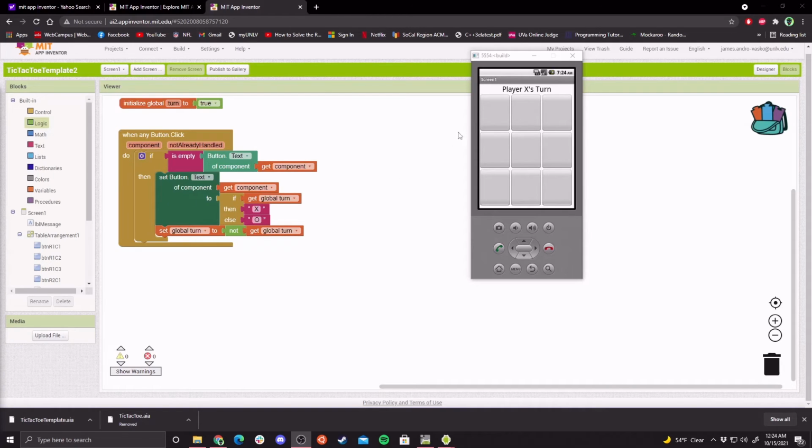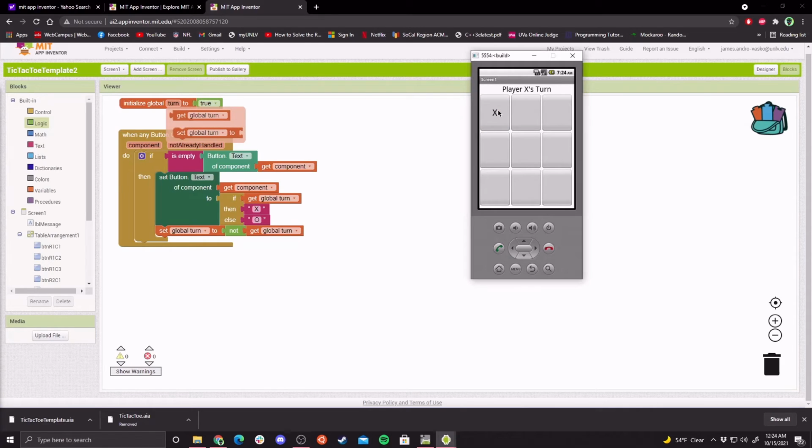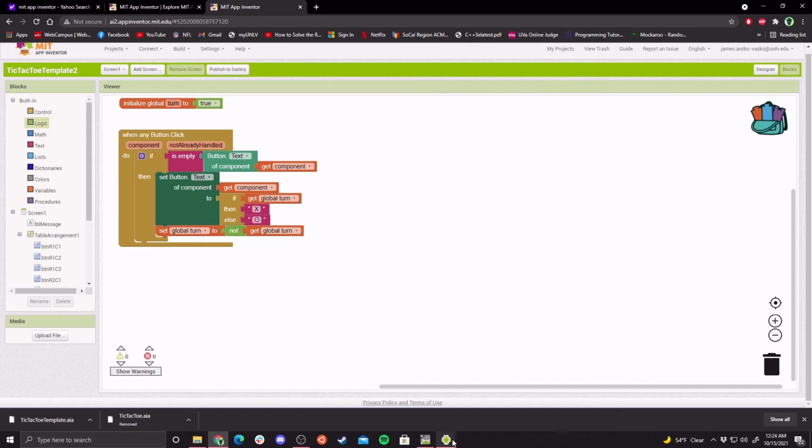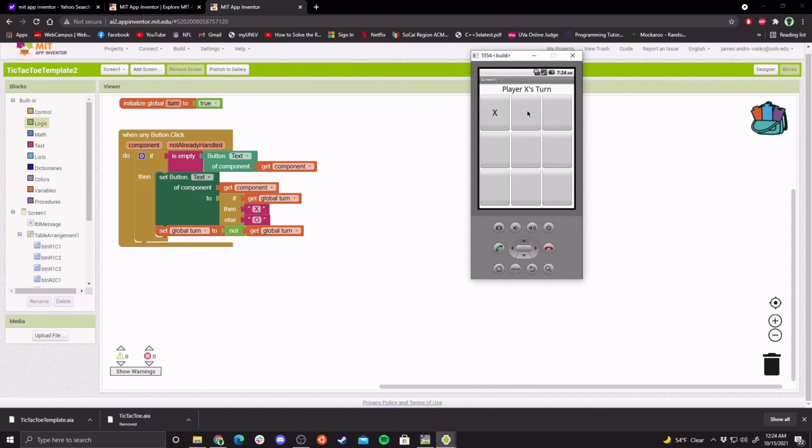Let's go ahead and test this out. So I'm going to first click on this button right here. Initially, our Boolean turn will be set to true. So I click over here, it will assign X to this block perfectly. Perfect. So now I want this thing to go away so I can show the code while doing this. Okay, so if I click over here now, it's going to put an O right there,